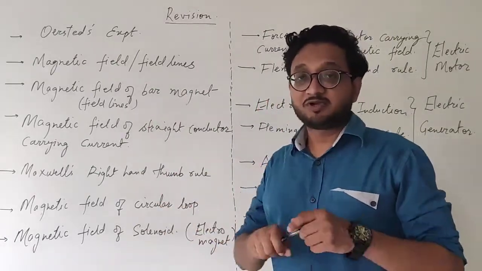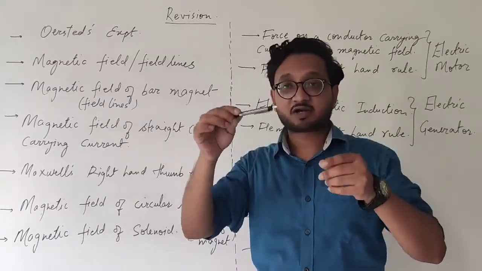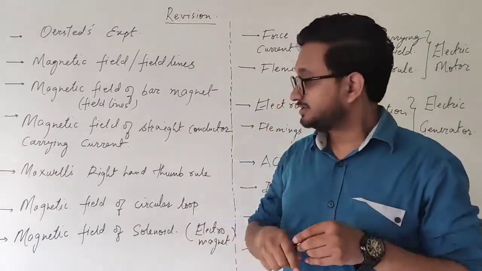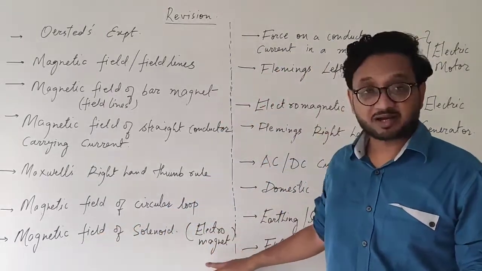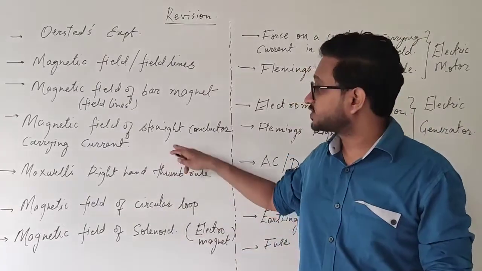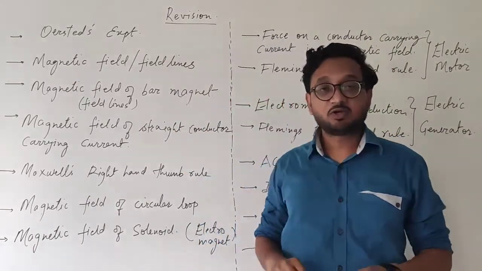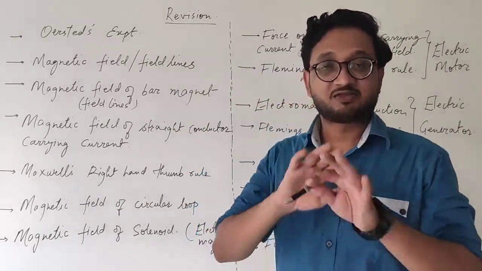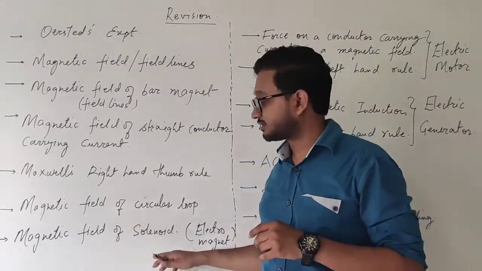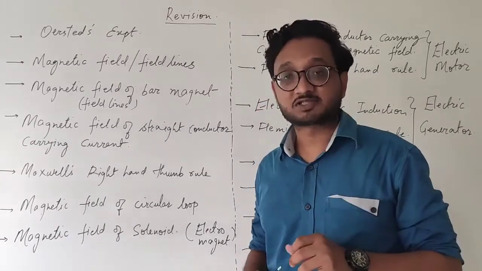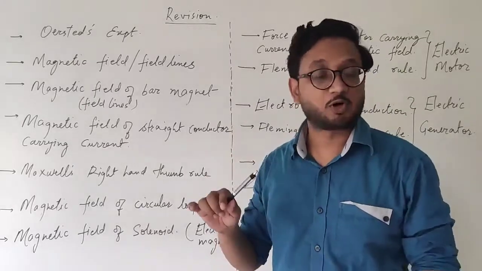So now what we do? We do not just take one loop, we take that one conductor and wrap it around another conductor and make many loops. These loops together make a solenoid or an electromagnet, and this solenoid resembles the field lines of a bar magnet exactly. The only difference is that whenever you stop the current, there is no magnetic field, whereas the bar magnet is a permanent magnet. But a solenoid or electromagnet can be stopped whenever we want. As soon as you stop the current, it does not behave like a magnet anymore.